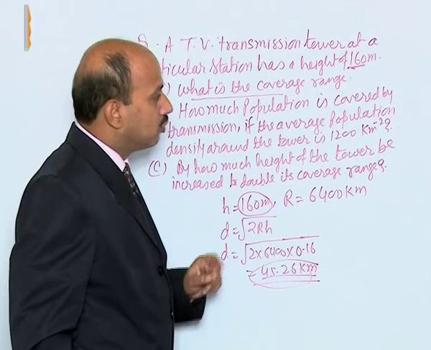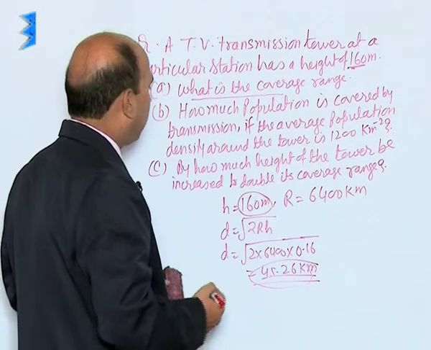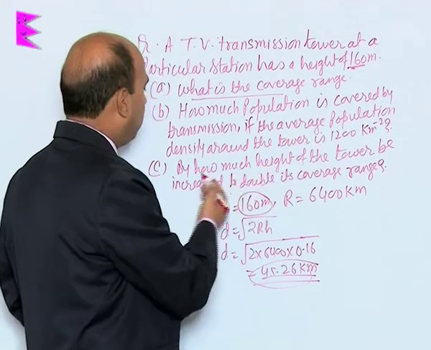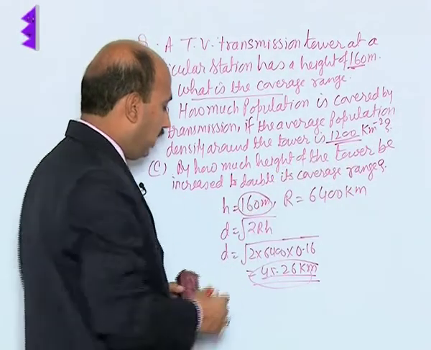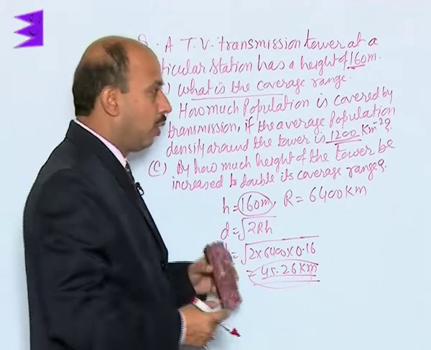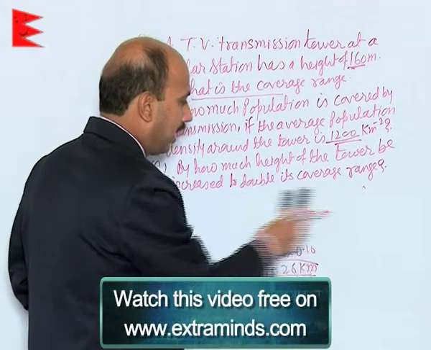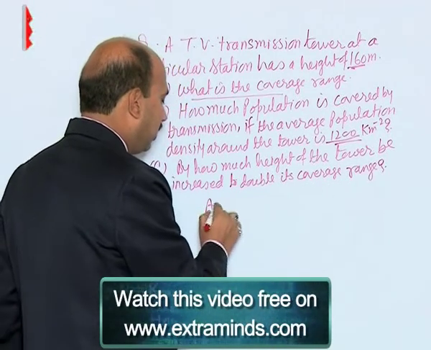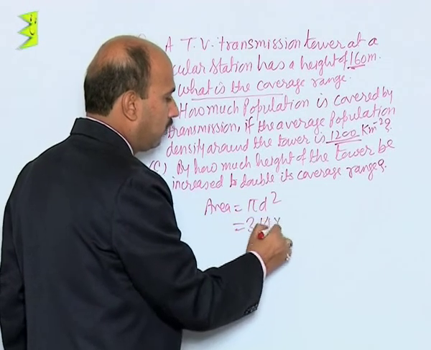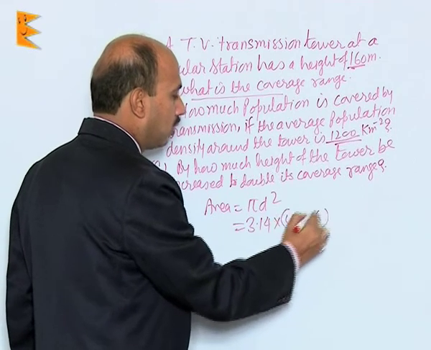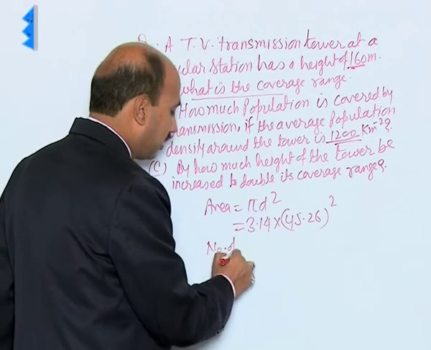So now the next part actually depends on the population covered by this tower. So how much population is covered by transmission, if the average population density around the tower is 1200 per kilometer square. So we have got the d and population density we have got. So easily we can get how many people are getting it. So simply we can write the area covered is equal to pi d square is equal to 3.14 into 45.26 whole square. This is the area,